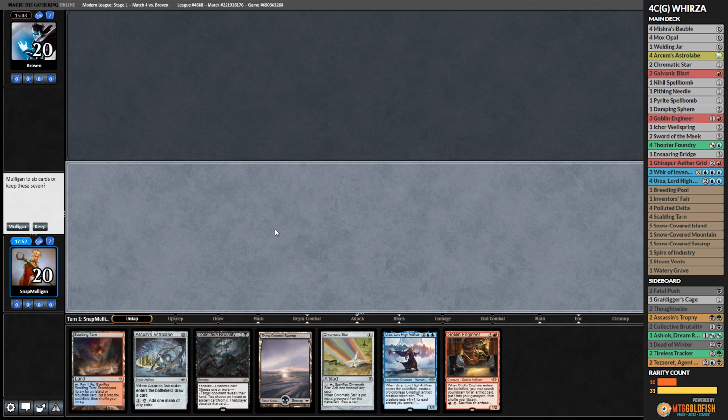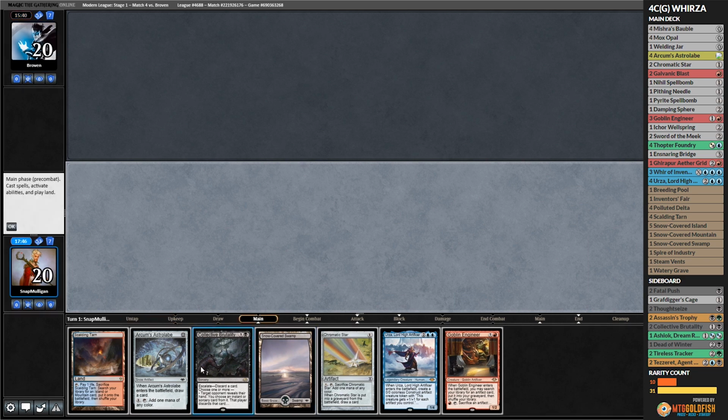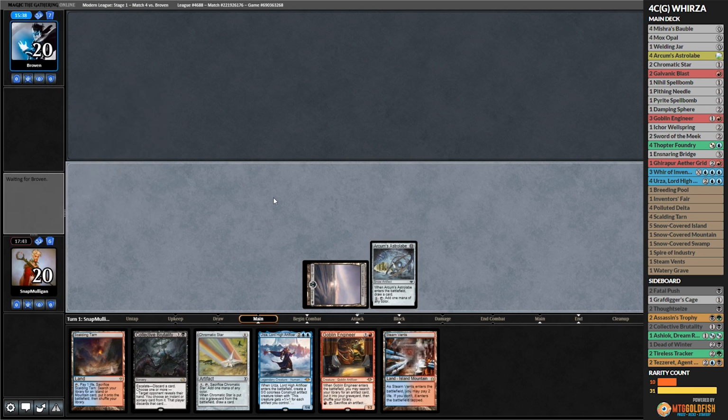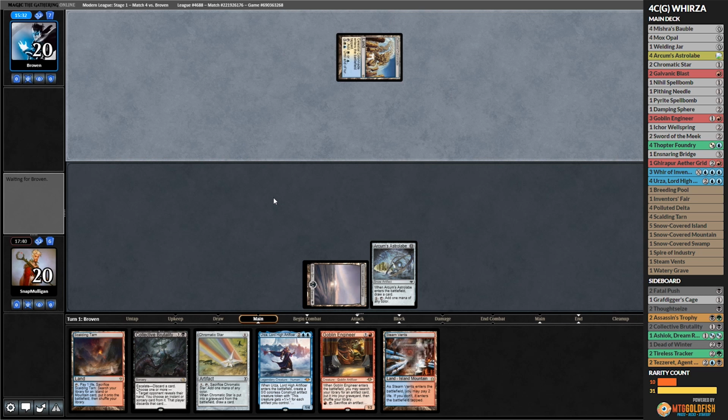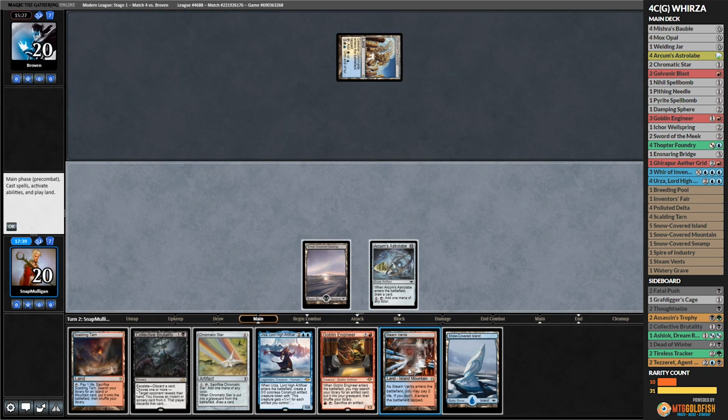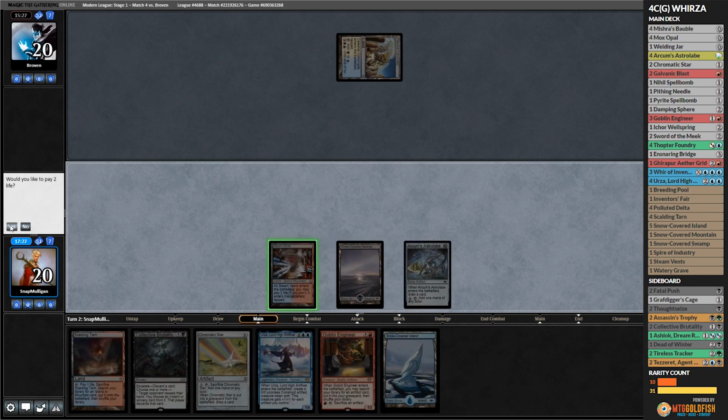We really did want that 2-drop Thopter Foundry. That's kind of the key to the game. But we will keep. Brutality will pave the way a little bit. So we'll start with an Astrolabe. Maybe we can draw into it still. Steam Vents. Okay. Lands are good. No issues there. Colonnade. Okay, well, we are going to get this Engineer in ahead of the Spell Snare. Or do we...